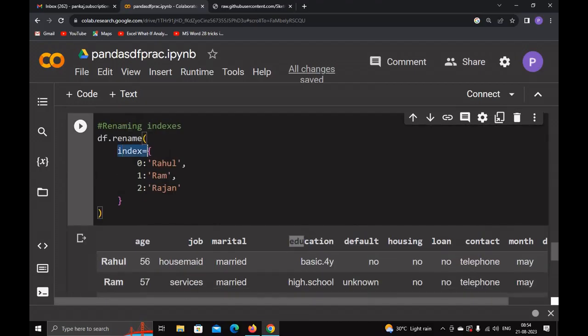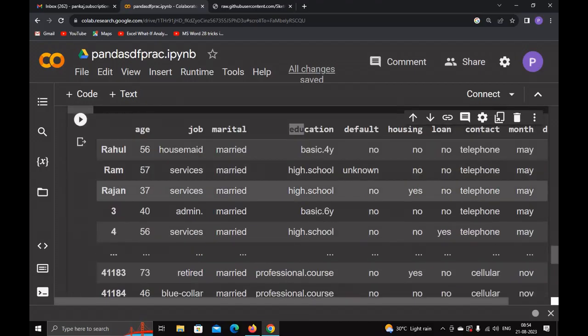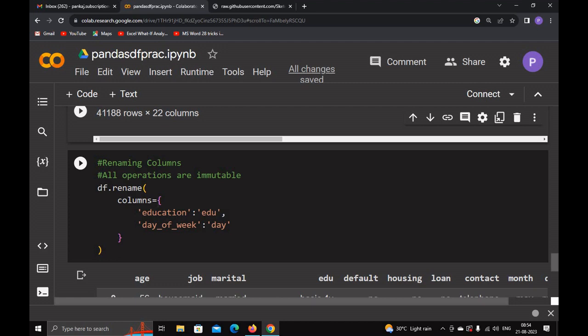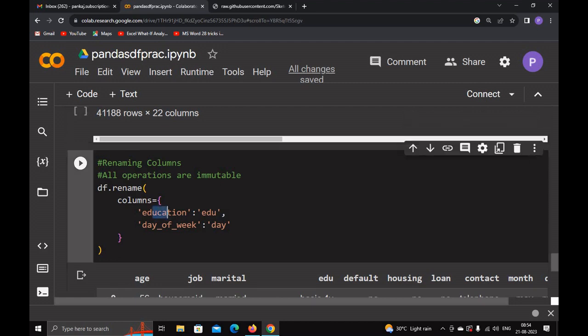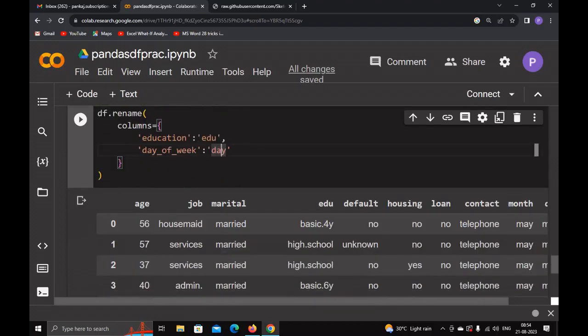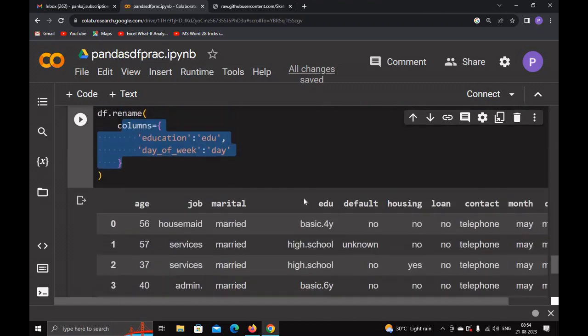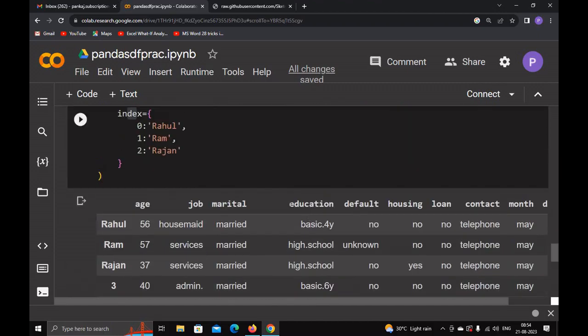See, previously I renamed the index. Index is row wise, but now I want to rename the columns. So df.rename, and in columns I want to rename education to edu and day of week to day. So just type this, and you can see in the result, in the previous result, the name of the column was education